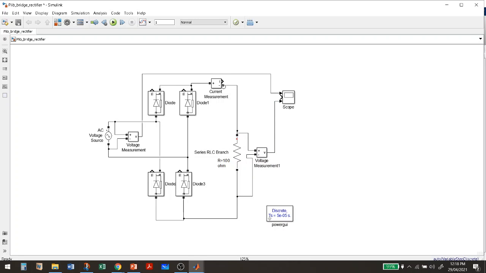Across load, across current. Yes, now it's completed. Okay, so now you can run it for 1 second. We see the output.